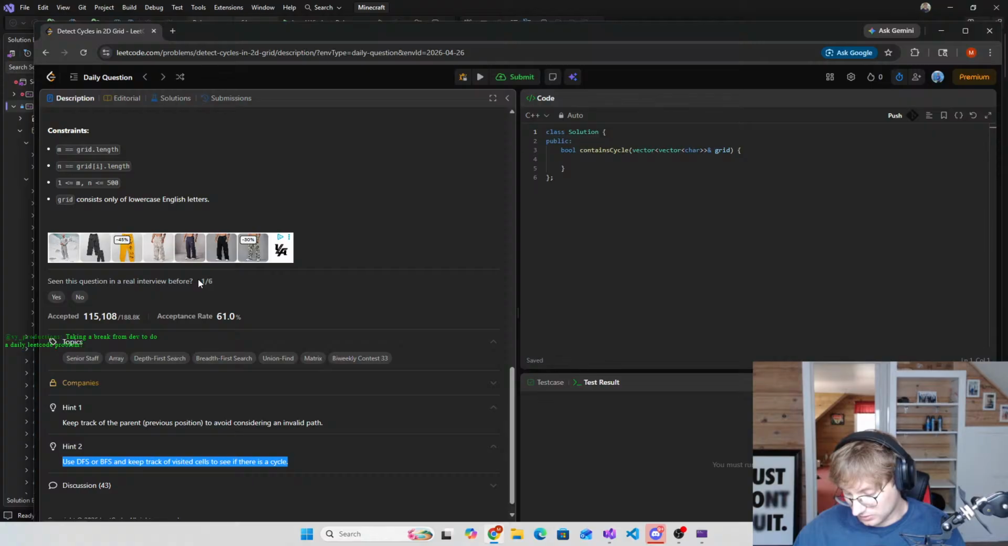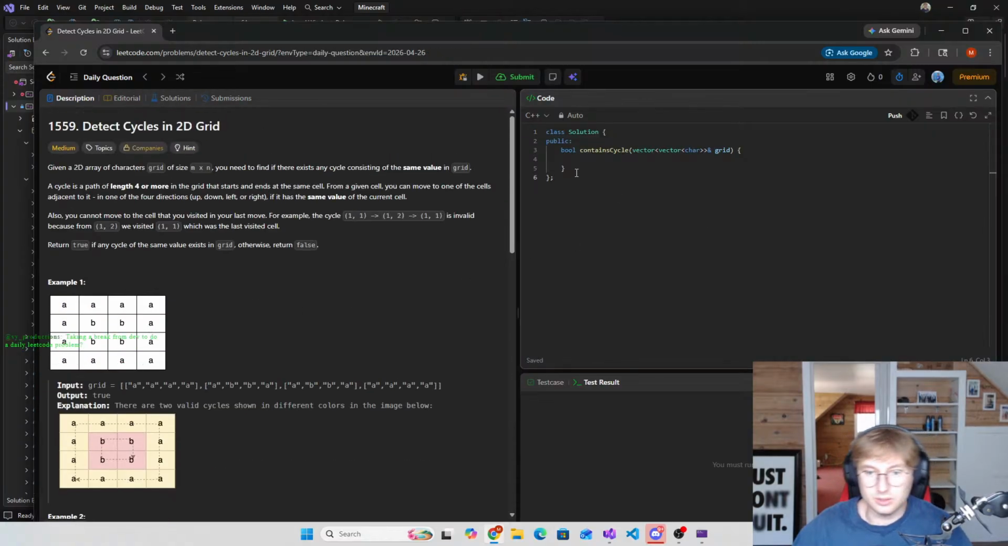Taking a break from dev to do a daily LeetCode problem. Yeah, dude. I usually just do the daily LeetCode problem every time. I actually, believe it or not, enjoy doing it. I know that's probably crazy to say, but I've got so much better as well. Like, it's insane. But